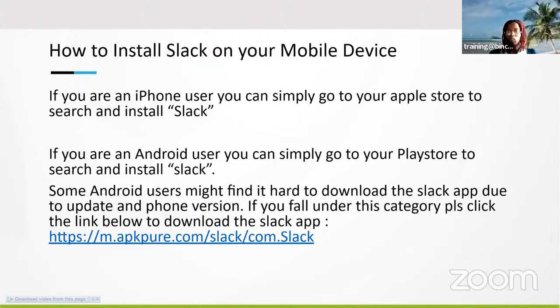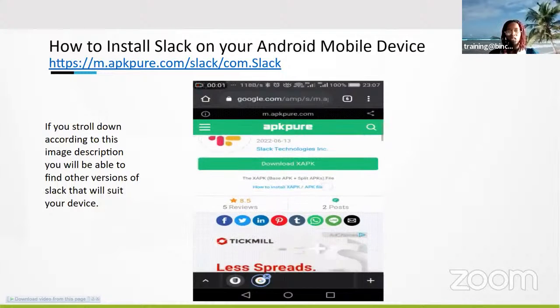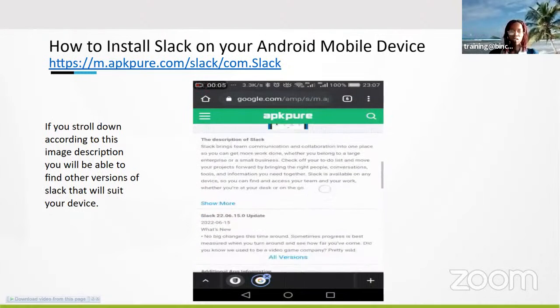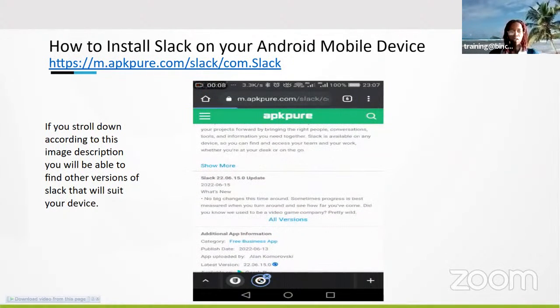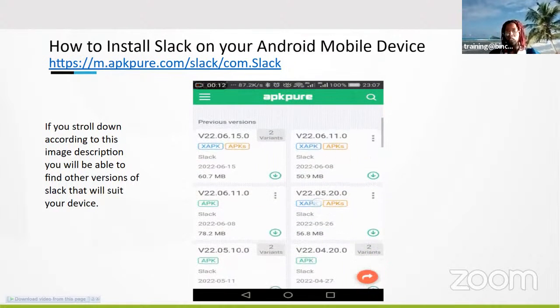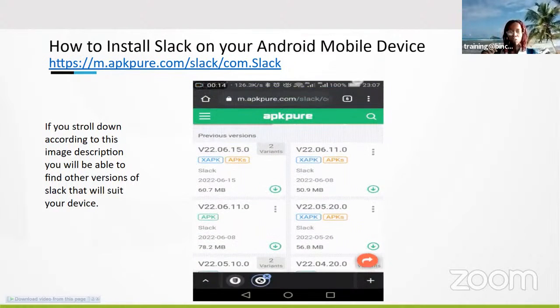So how do you install Slack? You can install Slack from Play Store, from Apple Store, and also from other websites as well. So this is a site called APK Pure. So if you scroll down according to the image you can see, you will be able to find other versions of Slack that will suit your device. So just a way to remind us,